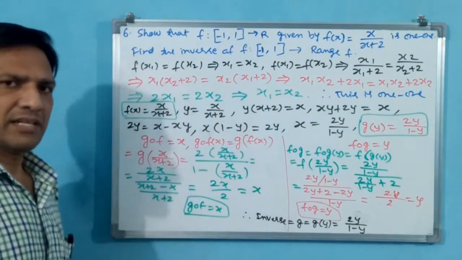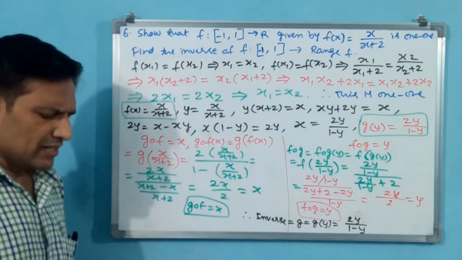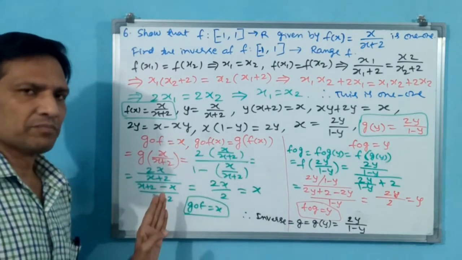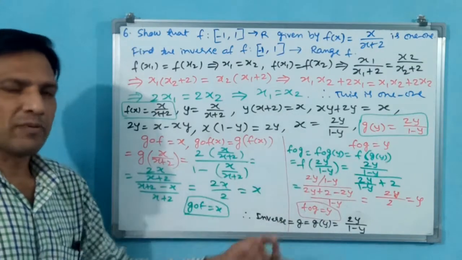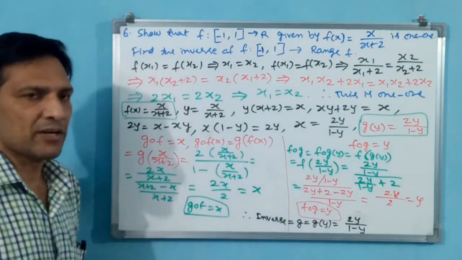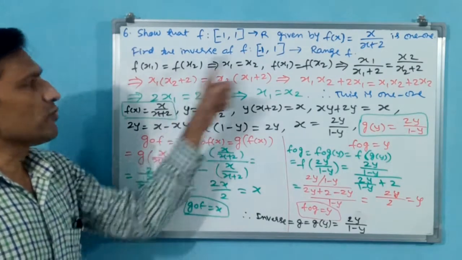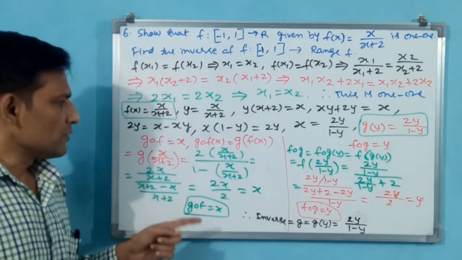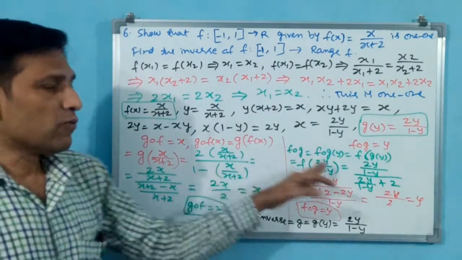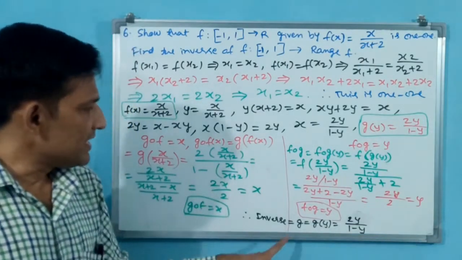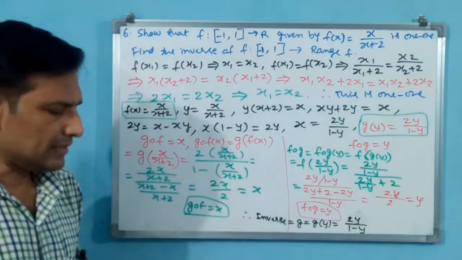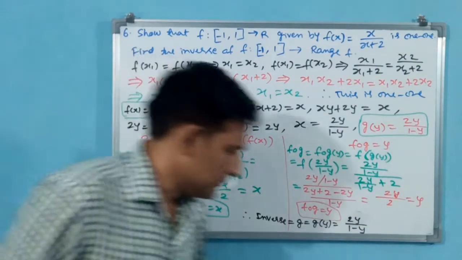You have seen, slight modification is there, that's all, not a big modification. Here one extra has come. FOG is equal to y we were proving, but we were not writing FOG is equal to y, we were directly writing it, and this we were doing earlier. Now if GOF is equal to x you have to show, FOG is equal to y you have to show, finally if both are okay, then G is the inverse, like we are writing. That's all. We go for the seventh problem.